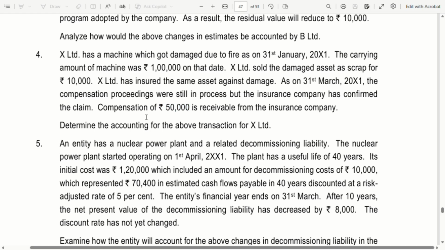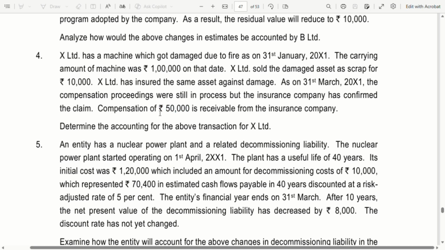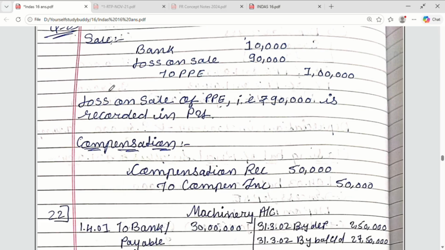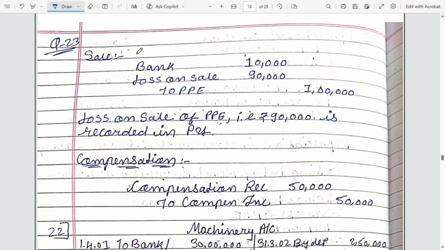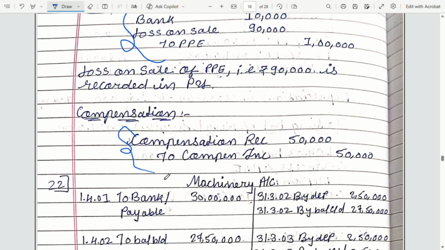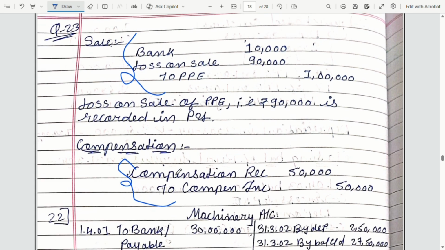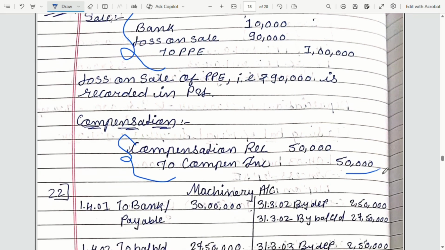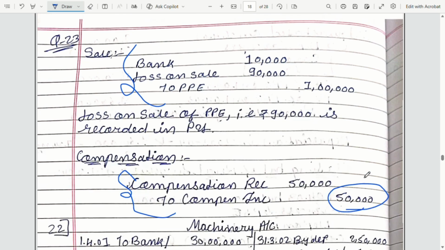इसका हम लोग कैसे एंट्री करेंगे, देखो ये कंपेंसेशन रिसीवेबल है तो इसका हम लोग अलग से एंट्री करेंगे, बाकी ये पीपी को हम लोग रिवर्स कर देंगे, ठीक है, इट्स वेरी इजी। तो हम लोग का ऐसा जनरल एंट्री होगा, और कंपेंसेशन के लिए कंपेंसेशन रिसीवेबल टू कंपेंसेशन अकाउंट करके कंपेंसेशन इनकम करके हम लोग का जनरल एंट्री पास होगा, और पीएनएल में हम लोग इतना रिकॉर्ड कर लेंगे इनकम, ठीक है।